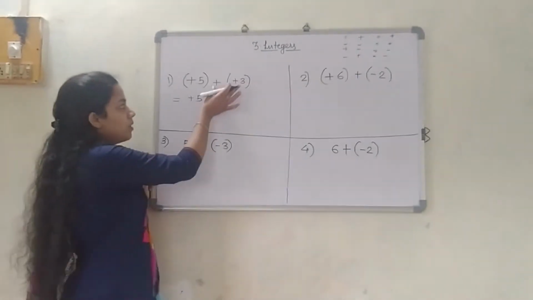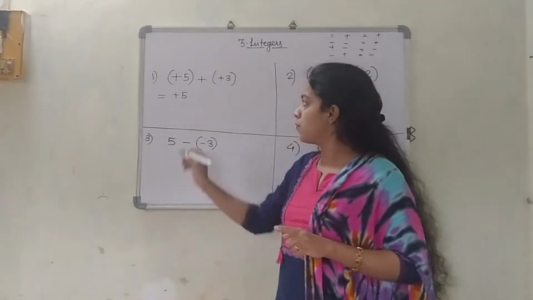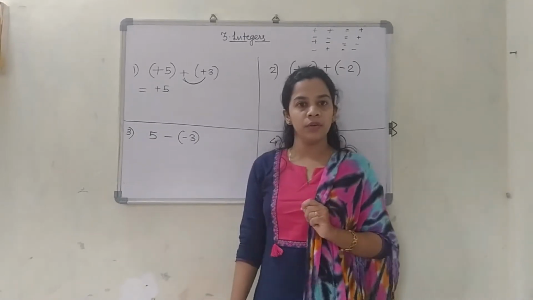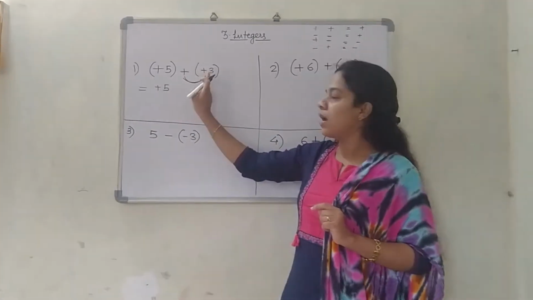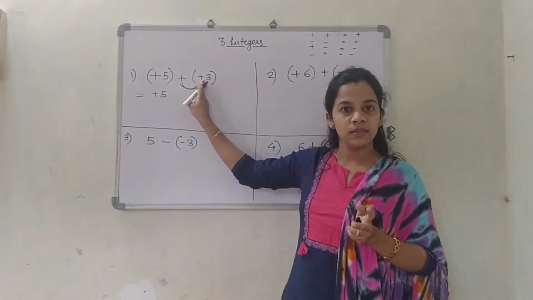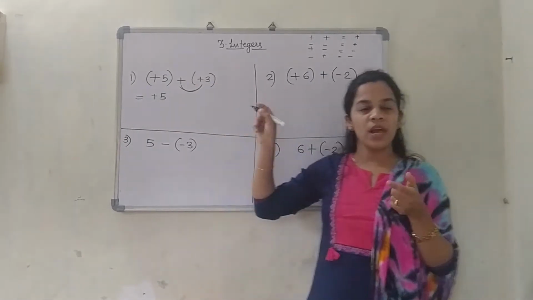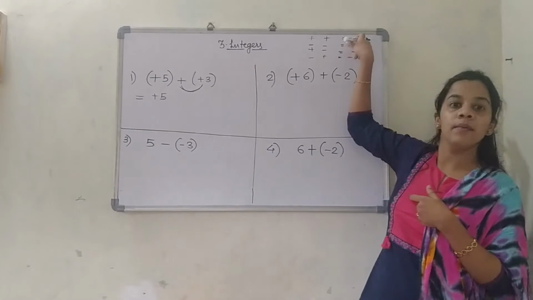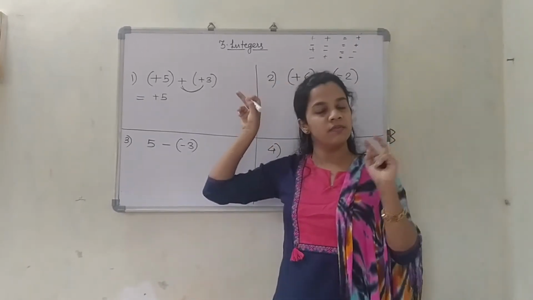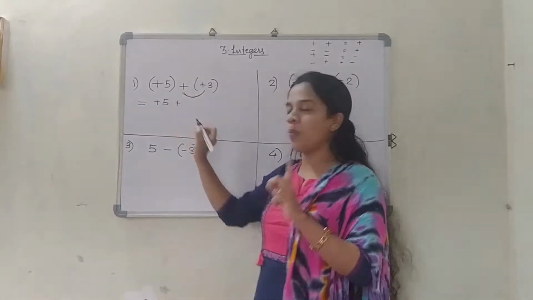Now focus on this plus sign and this plus sign. Just focus on these two signs. What have I given you? Yes, one is plus, another is plus. Signs are same over here. So when the signs are same, what am I supposed to do? Yes, I am going to add them. When two signs are same, the answer will also be the same, that is positive itself. So instead of these two plus signs, I am going to write 1 plus.